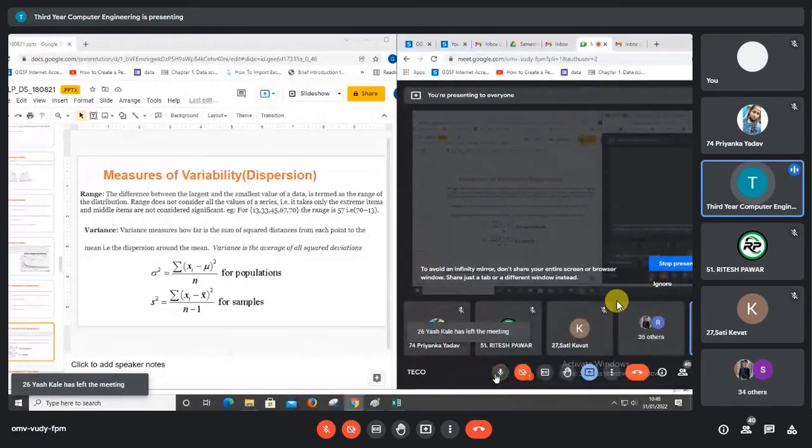So we are going to apply the range for the minimum and maximum value. For example, this is an example: 13, 33, 45, 67 and 70. Out of which we have to find out the maximum value. Maximum value is 70. And as well we have to find out the minimum value. So minimum value is 13. This set of elements are